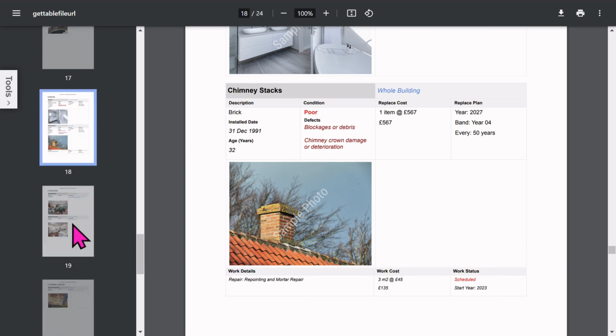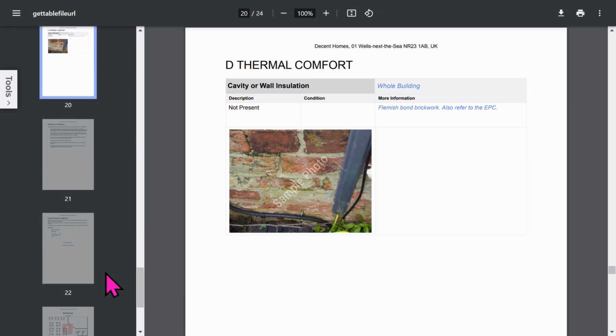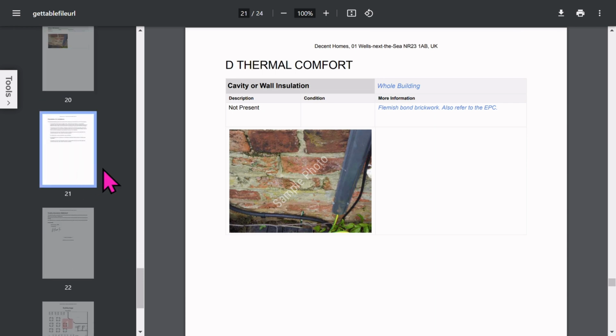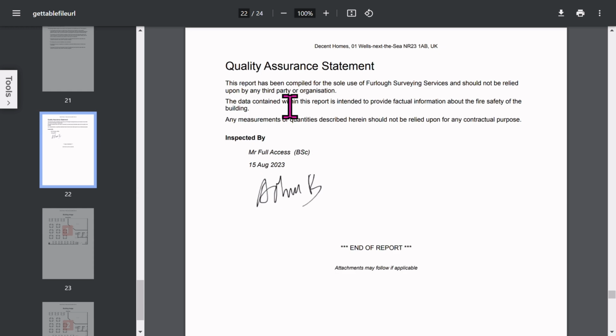Each Decent Homes section is shown in a similar format. Your clients will love the report format. You've got your disclaimer and limitations section. Bear in mind that all these phrases in your report can be set up within the app to customize it to your needs. The quality assurance statement will show the inspector's signature, and if you've chosen to use quality checkers,